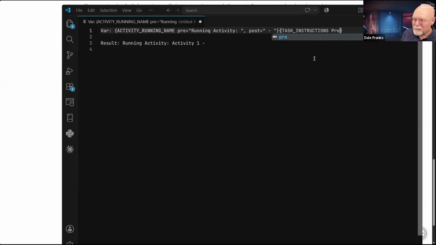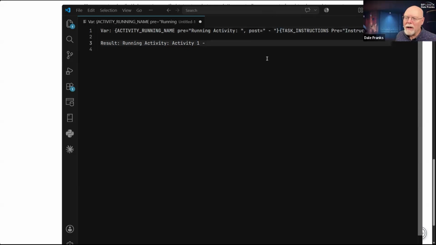Well, actually, you know what? Little secret. Case doesn't matter. It just matters to me. We will say equals instructions. And I don't need a post. I just need that. And what I'll end up with in the result, if I have this as my syntax,